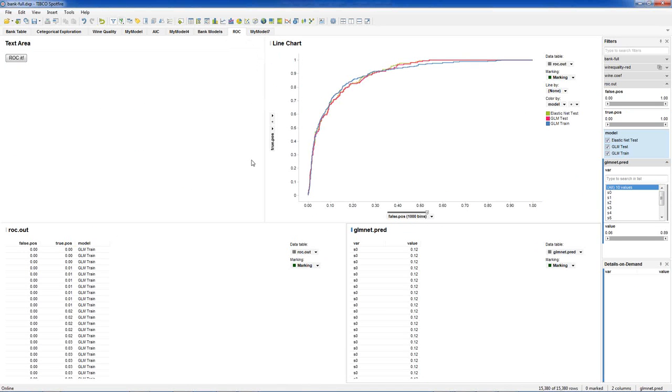So let me just get rid of that. So here's what you see, and I hope these are coming through okay, are three different ROC curves that are plotted on top of each other, and they're done for these three types of models: elastic-net GLM test and GLM train. What you'll notice is that